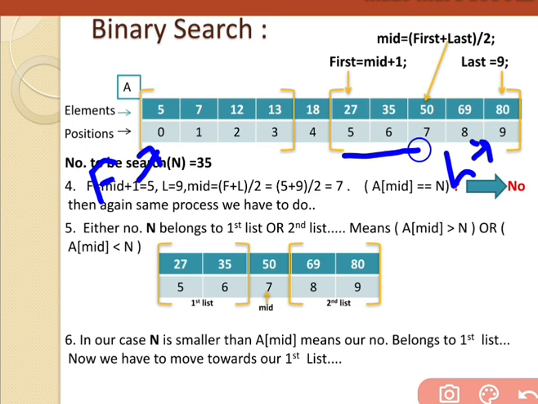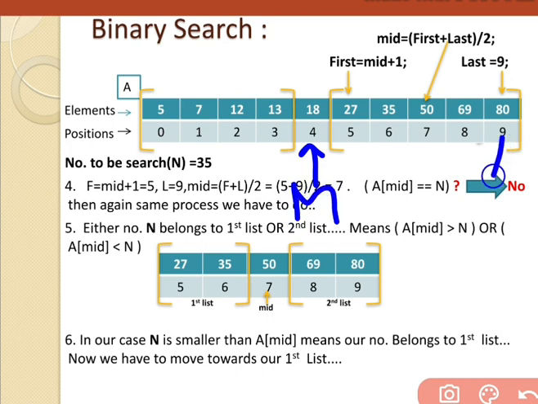We have our last, but we do not have first. But we know this one is our mid location. Now what do we have to do? We have to purely focus on this list. We are okay with last, but we want first to come here, because this is our list. Last we have, but we do not have first. Then what do we have to do?